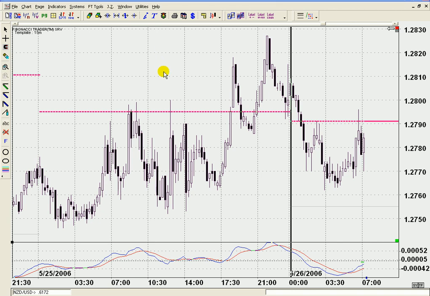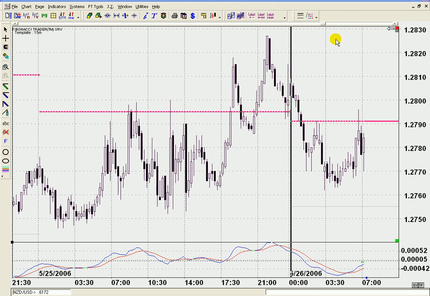Now I want to show this chart for one primary reason. This is a Euro US dollar 15-minute chart, and you can see here it's pretty choppy price action in this range. It's like a 30 pip range here, then it breaks out and spikes upward here for a daily high at 128.25 roughly. This bold red line is your central pivot,